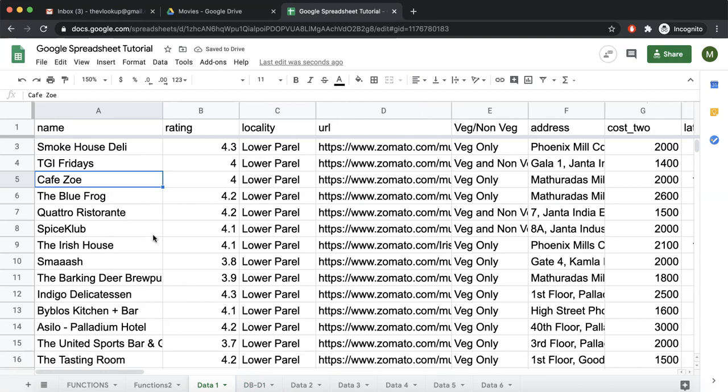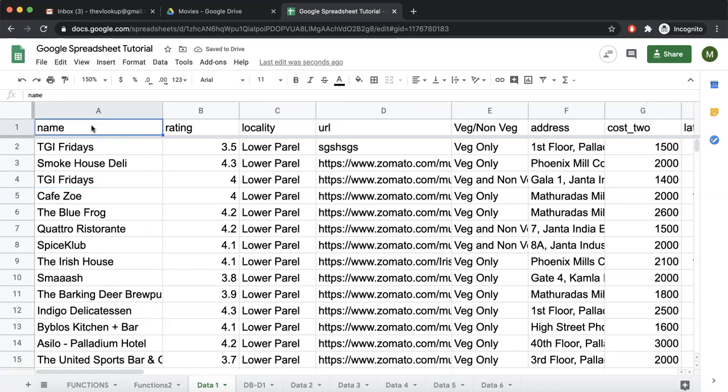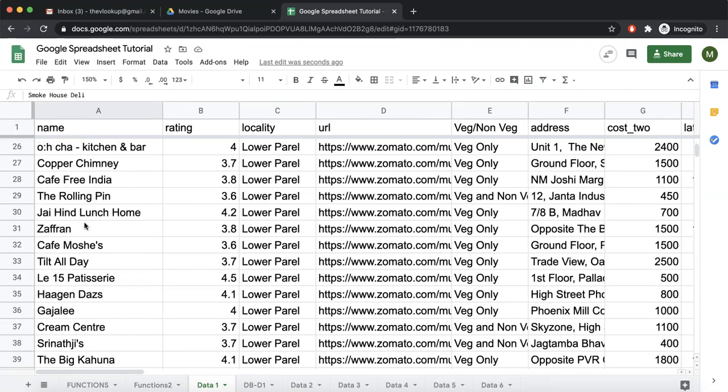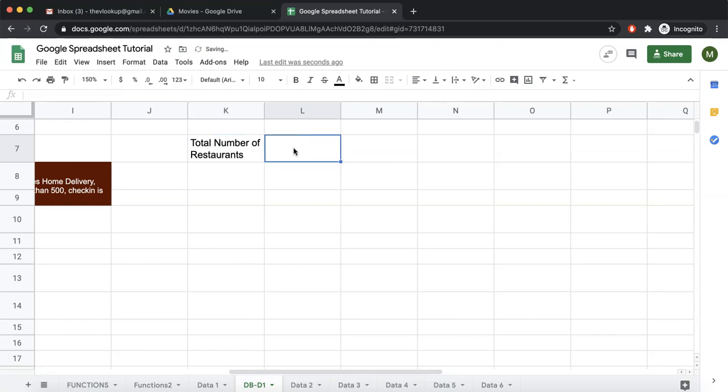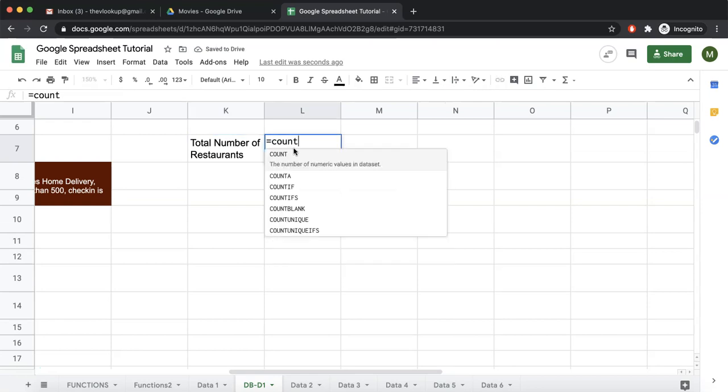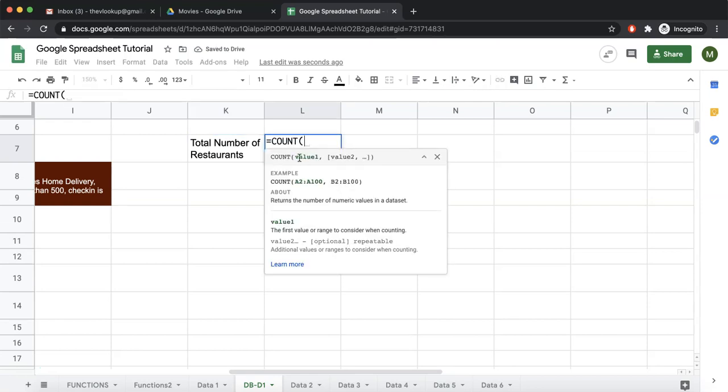So it's very common sense that basically we want to know what is the total count of items in column A. So what we do is, let us wrap this equal to count, and it takes as many values as you want. It takes even the range and returns the number of numeric values in a data set. Now let us see what happens.